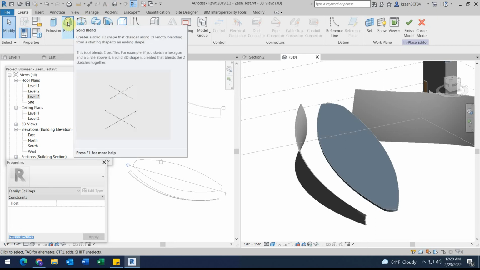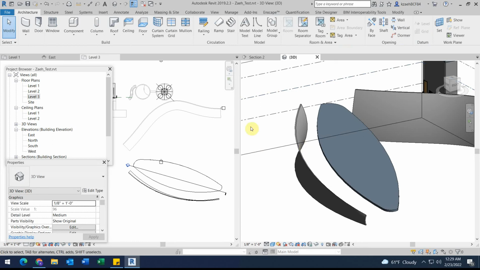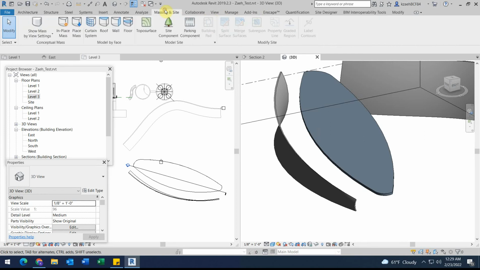Oh, I have a better idea. Okay, we're gonna do this a different way. Sorry for the changing in thoughts. Again, complicated forms need complicated methods sometimes. So I'm going to create what's called a mass and then create a ceiling on top of that mass. So if I go to Massing and Site, In Place Mass,